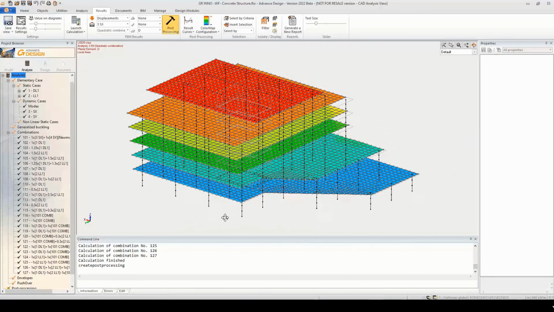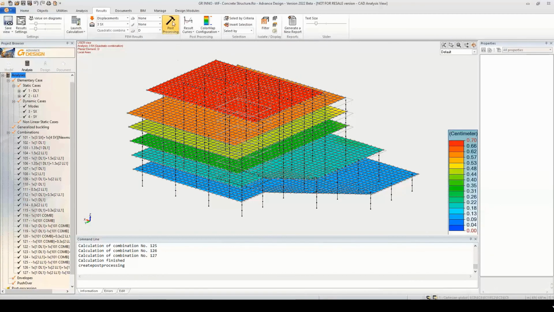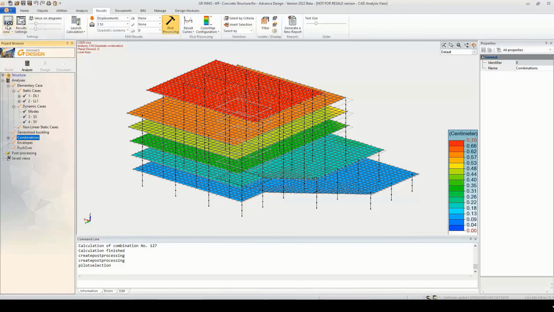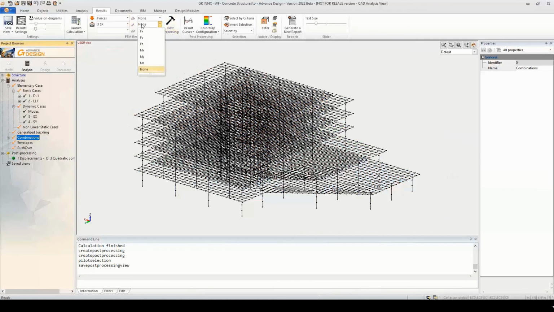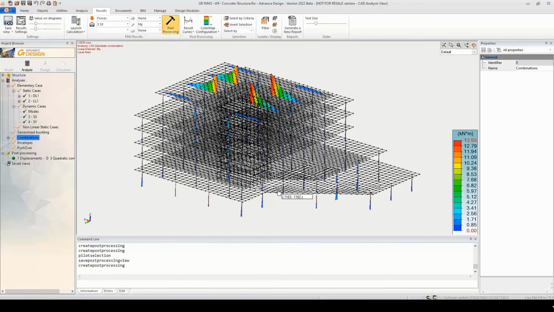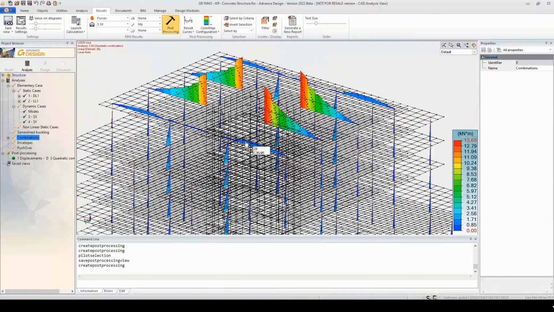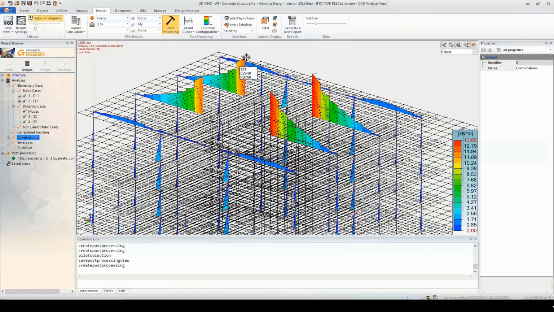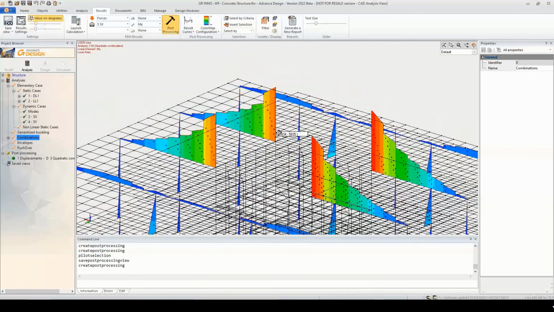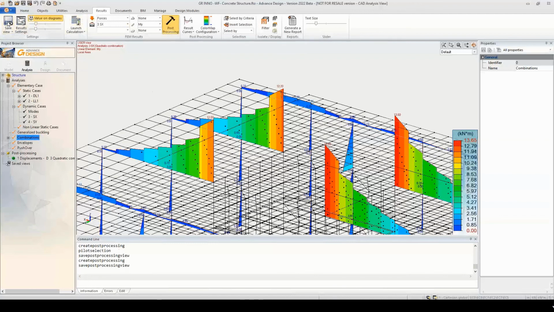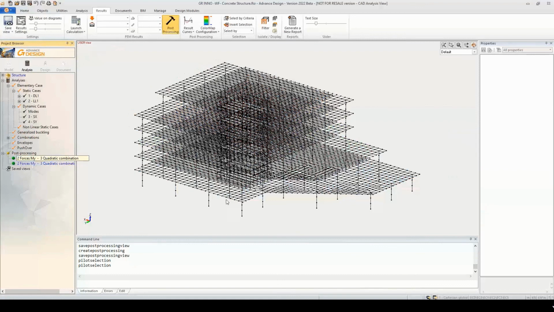So in this workflow, here in Advanced Design we launch the design, and we have the possibility to visualize all kinds of results and to save those graphical results as a view. As you see, with the color scales and ISO color views we can see all efforts and bending moments. We can manage the scales. We can see those moments for surfacic elements or for linear elements.